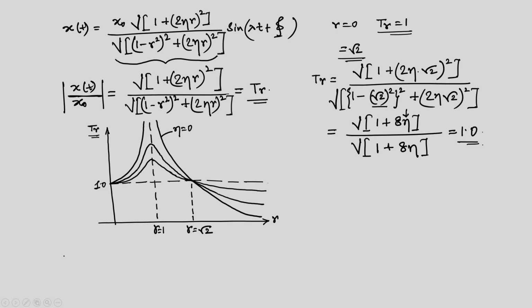Now, obviously on the left hand side, this is how the eta increases from 0 value, and on the right hand side of r equal to 0.2, this is the direction where eta increases as we increase it from 0 value, right. So, that is the qualitative plot of this transmissibility.